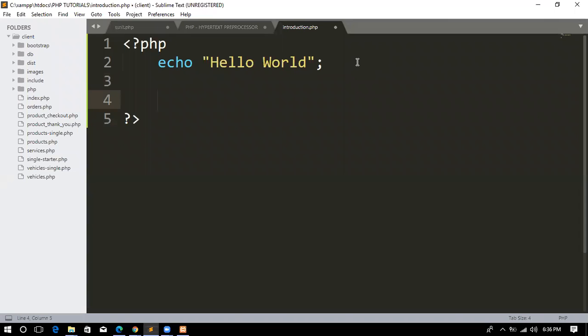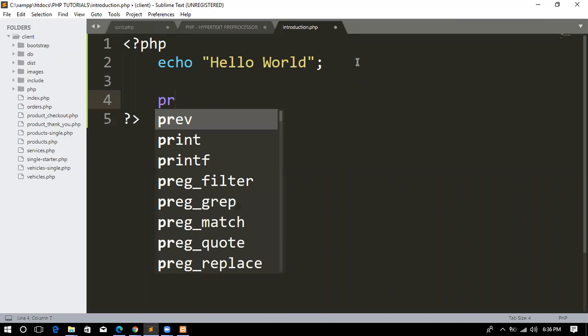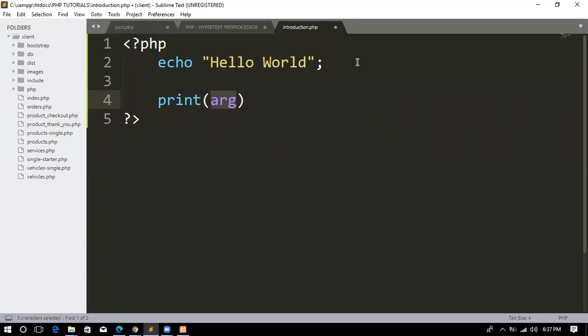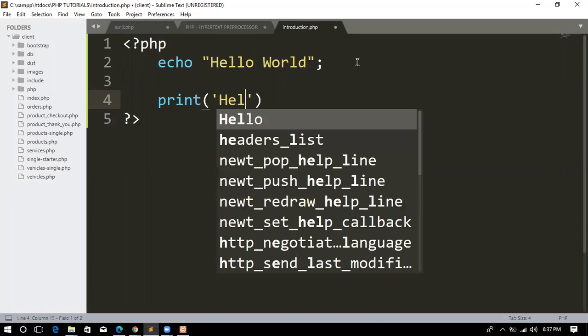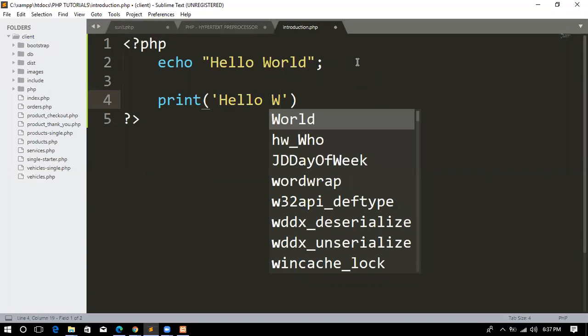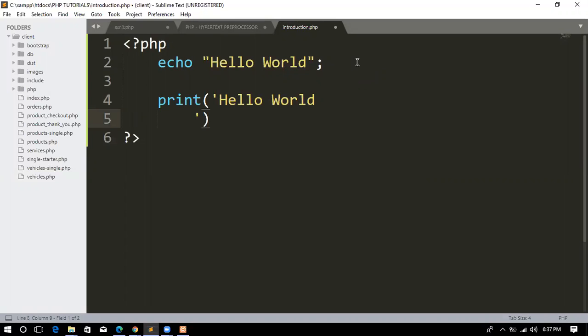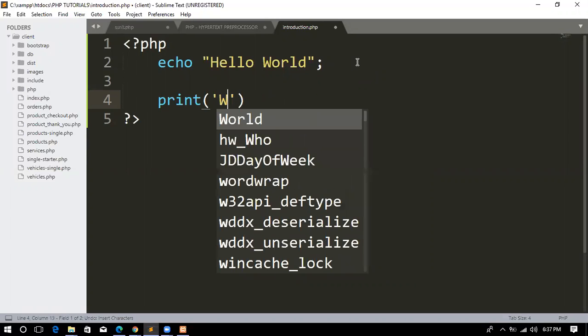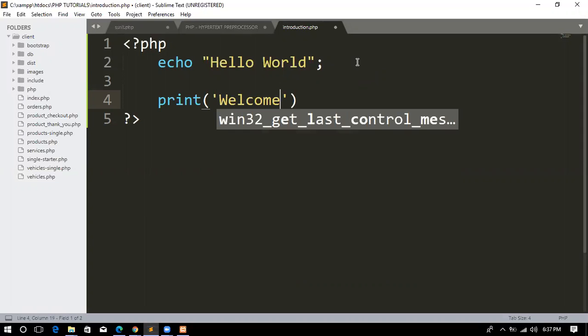So you can also use print like this. With the print, you can see that we have the argument, meaning what you want to display. So you can add the argument. I can print, let me use the single quote. You can print hello world as well. Or let me take it off and write something like welcome to